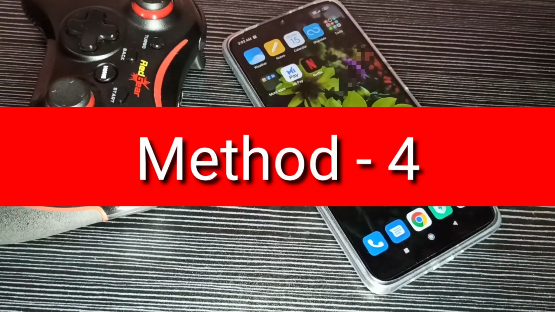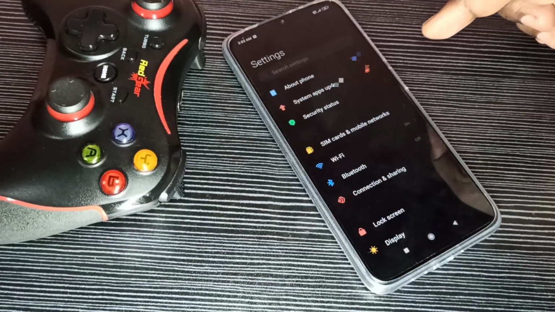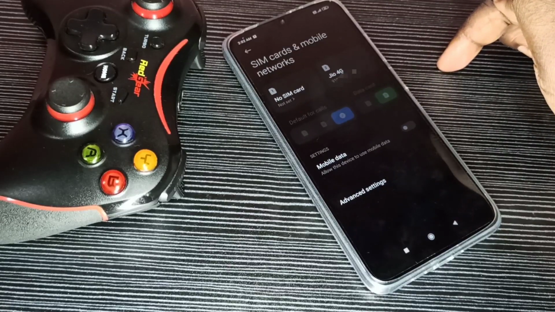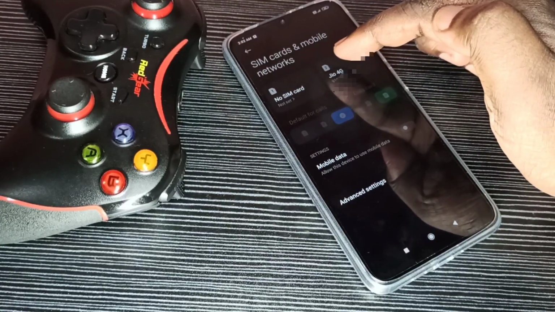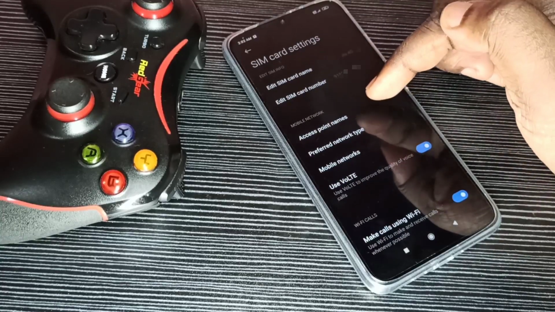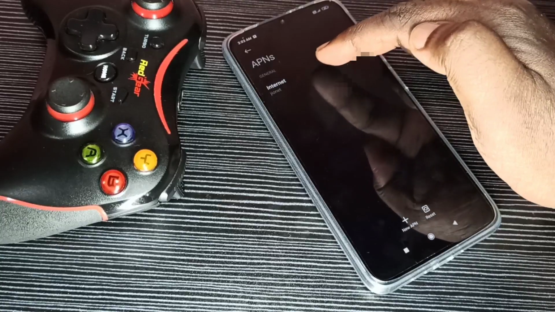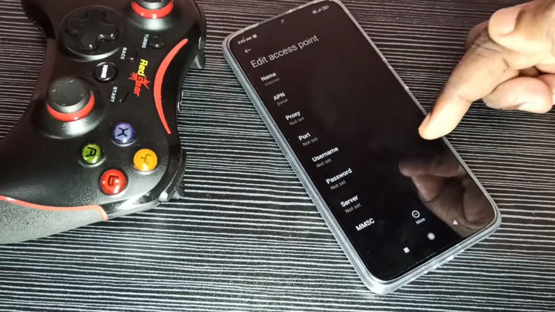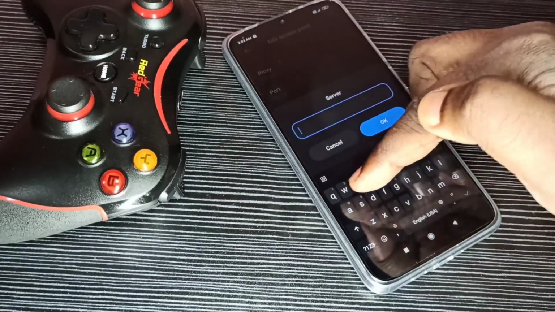Okay. Method 4. Open Settings, then go to SIM cards and mobile networks, then select the SIM where you are facing issue, then tap on access point names, then tap on the default access point. Then here you can see server. Tap on server. Here we can type